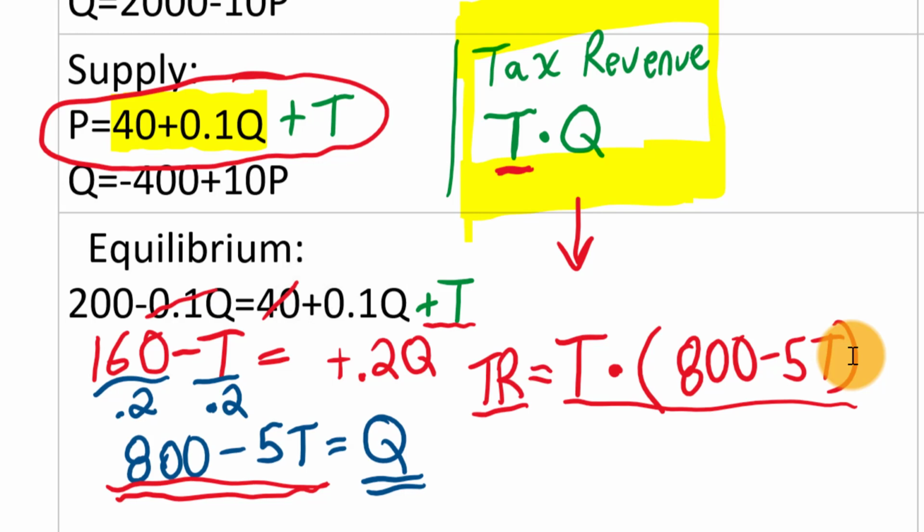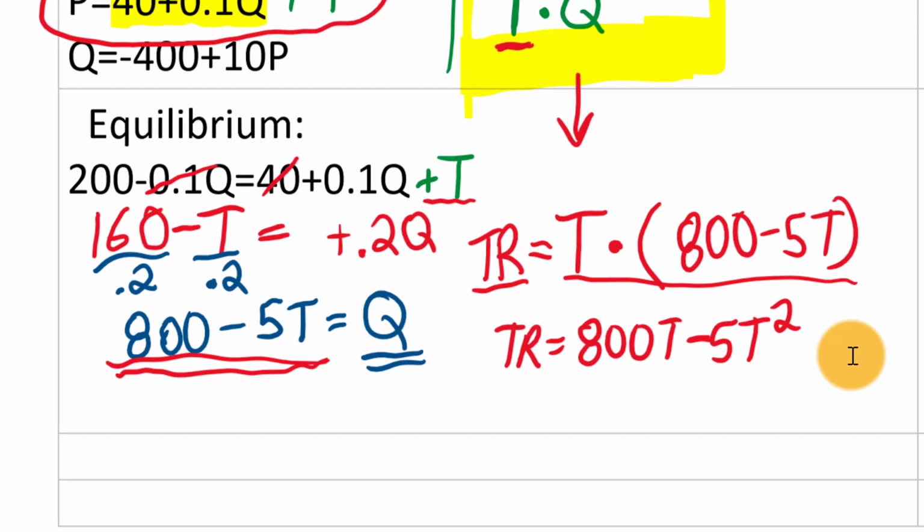And if we multiplied that through, we get that tax revenue equals 800T minus 5T squared. Gorgeous. All right, now how do we maximize something? Well, we're going to have to use calculus, but calculus is easy, especially if all you have is a polynomial here. So if we want to maximize this, then we see that this is a quadratic equation, and a quadratic equation